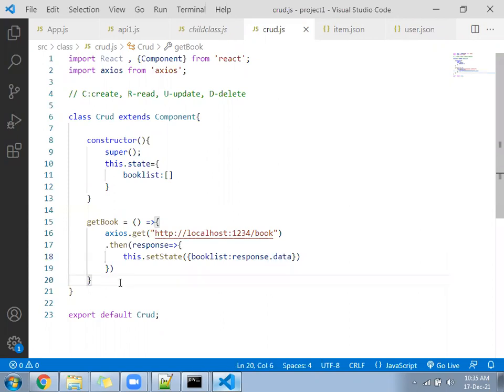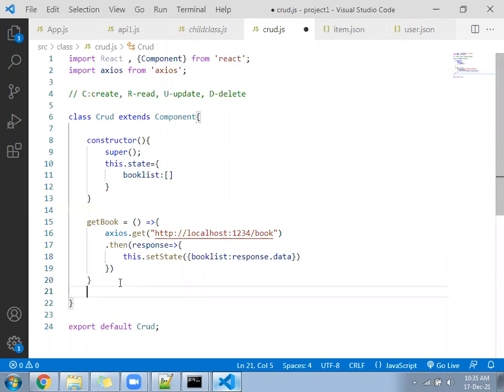Now this function will come and give the data, but you have to call this function. If you have a button to click and then call, fine.